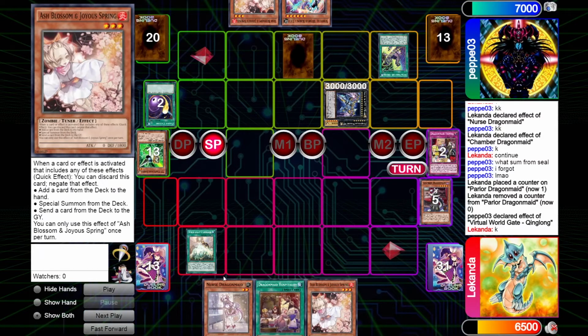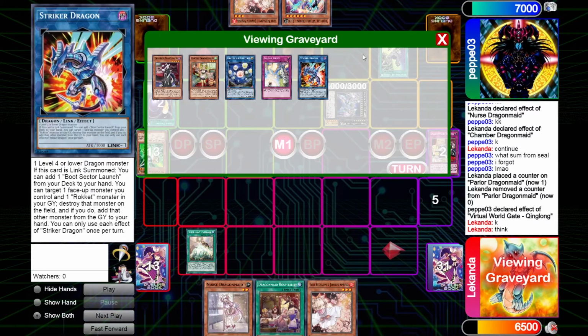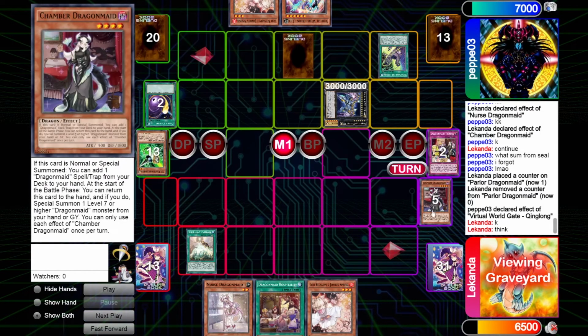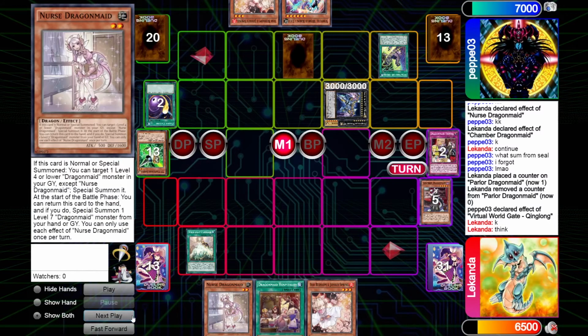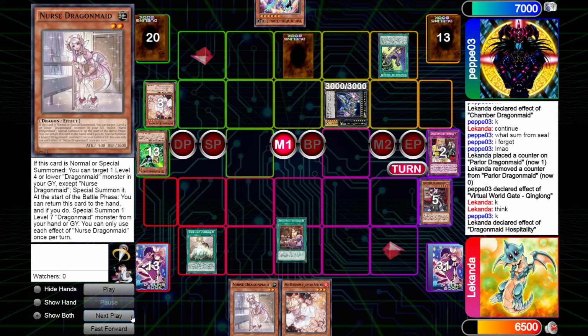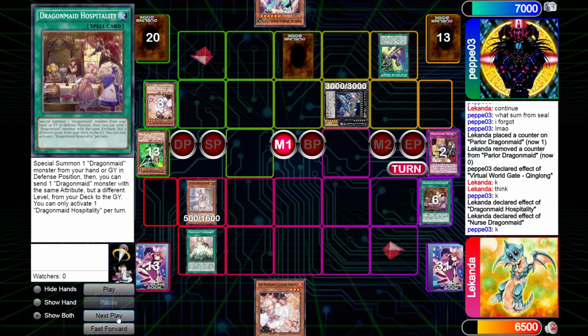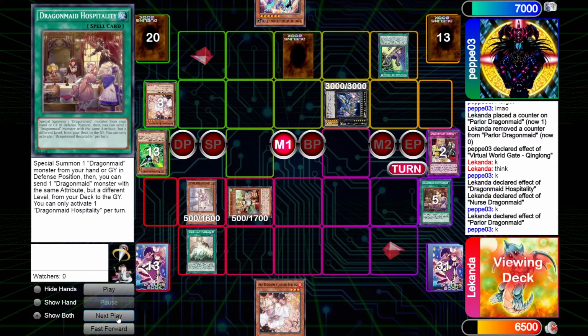For turn I draw Ash Blossom, and I see I have one normal summon to bring back something and one Hospitality. I start off with Hospitality, which gets Ash, then I normal summon Nurse, bring back the Parlor. Parlor dumps me the third Tiding,